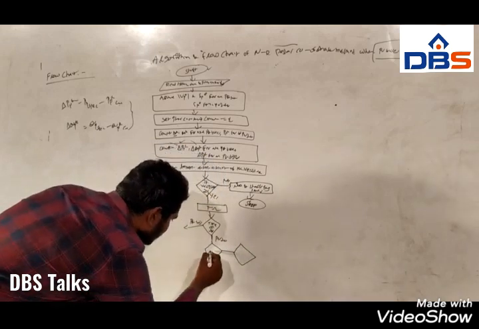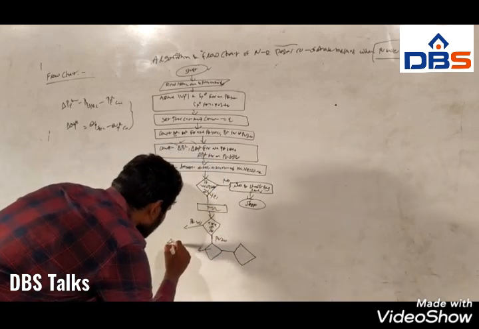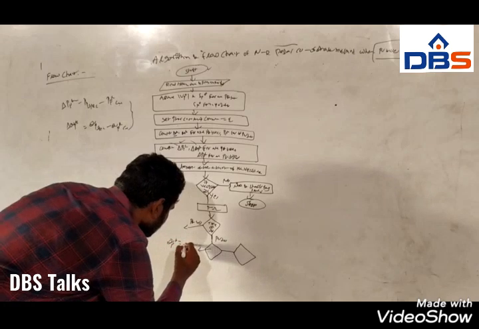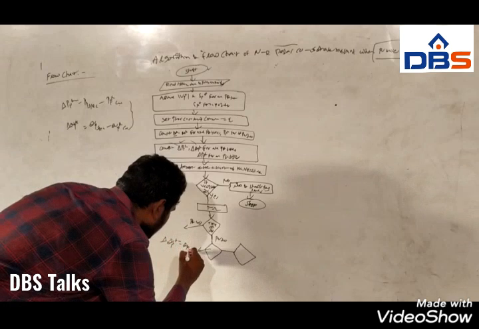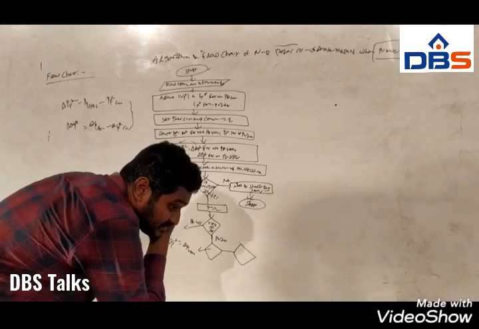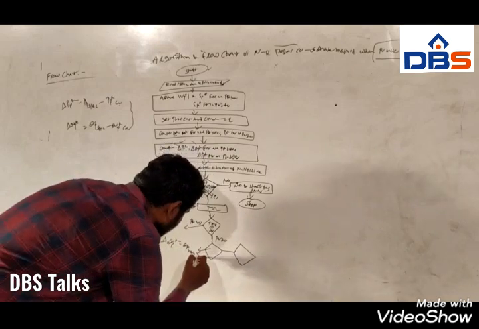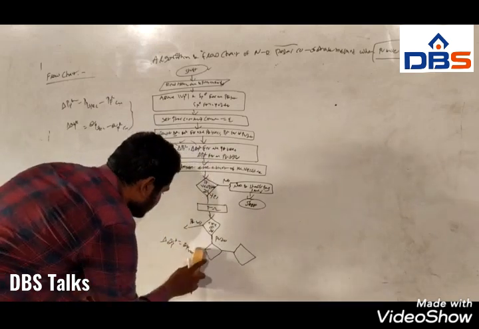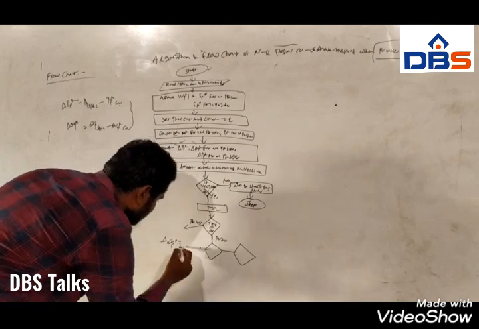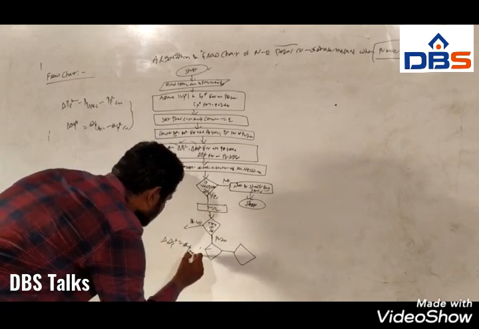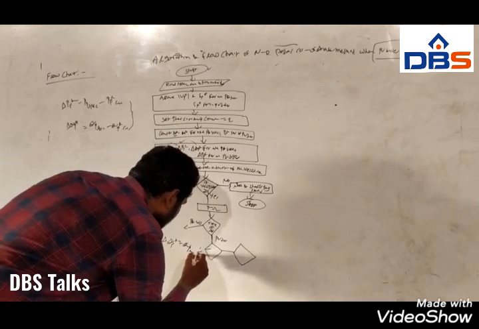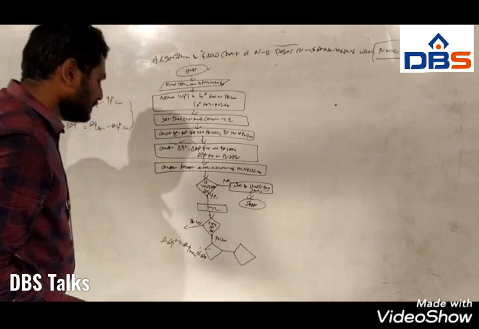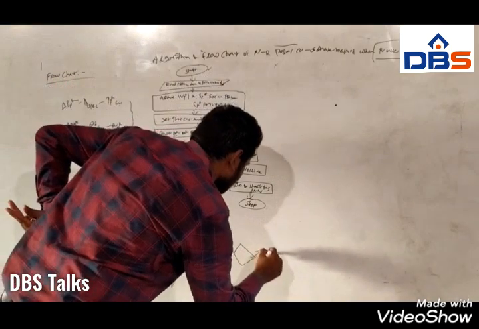So in this one we are taking delta Qp power k is equal to Qp maximum minus Qp power k, when Qp maximum is less than or equal to Qp,